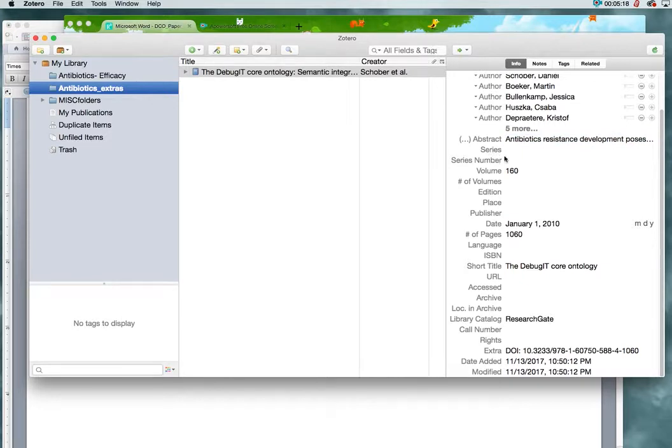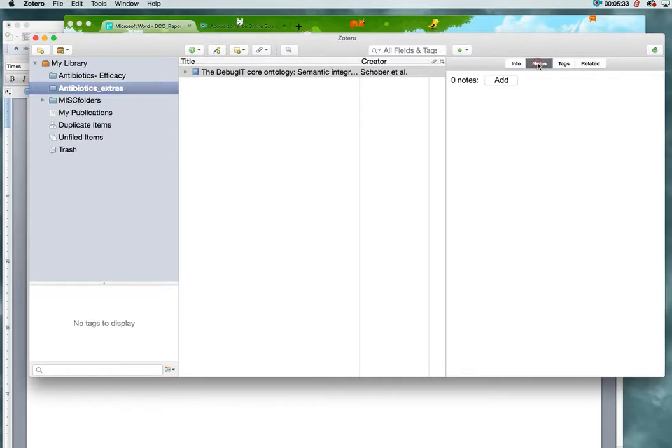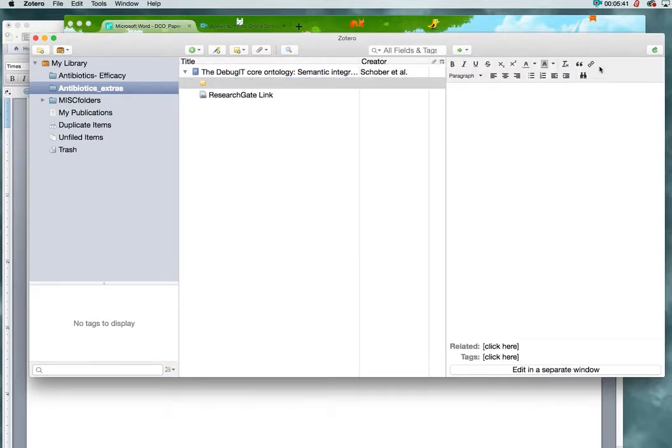Sometimes you may find that there's a section that isn't filled in, and if you know that there is something that belongs there, you might want to go ahead and search for that if you think that there's something missing along this and its different fields. Now this function here, or this button, is notes, so if there's something that you want to add, some notes that you want to type up, go ahead and click on add, and you'll see that you get a mini